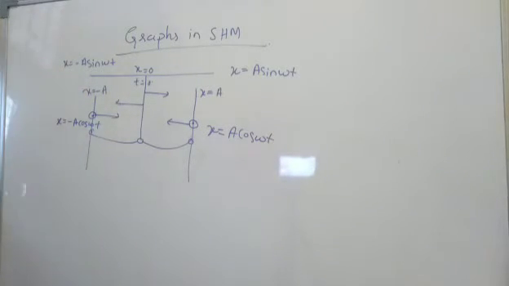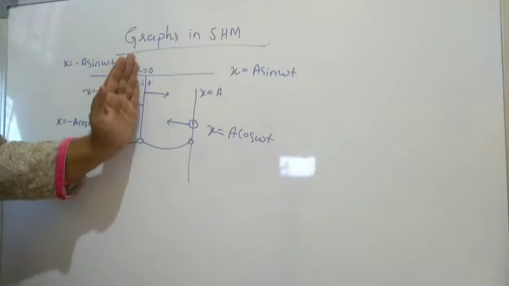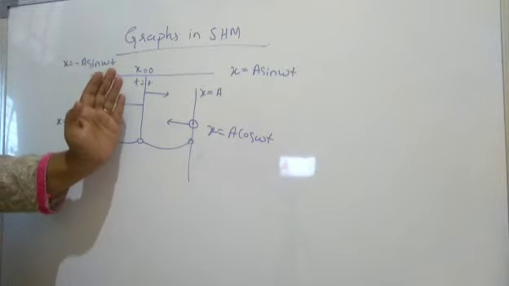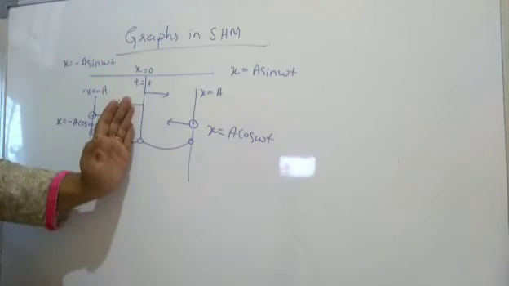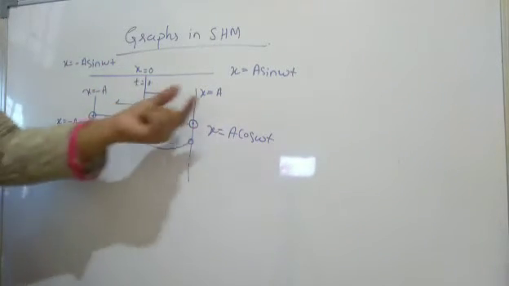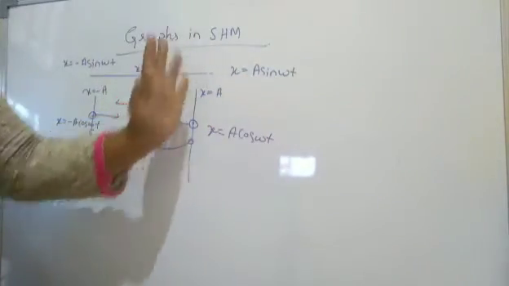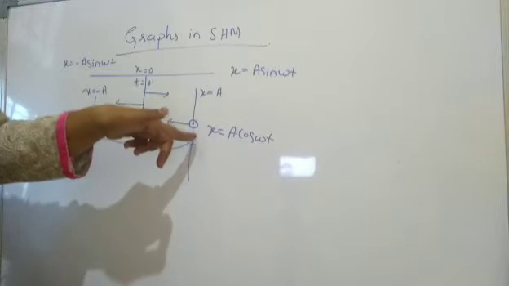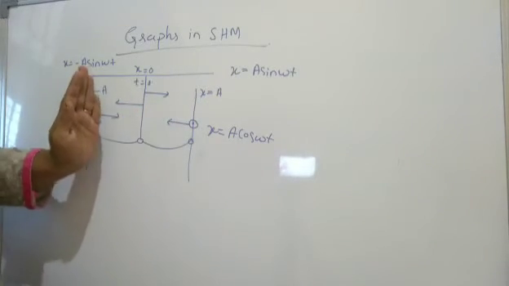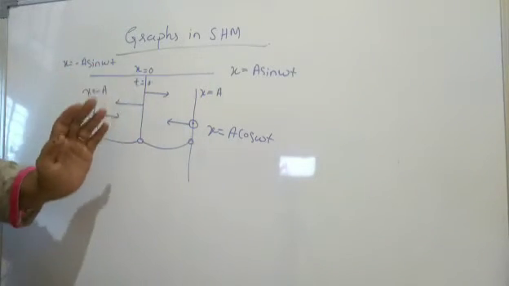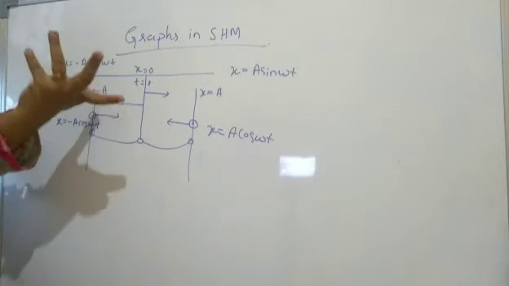So these things you have to remember, and it is very simple also. When the particle executing simple harmonic motion moves from the mean position to the positive extreme position, at that time it is A sine omega t. This should be remembered. That's it. When the particle is at the positive extreme position, moving, in the sense, executing simple harmonic motion towards the mean position, obviously it is...